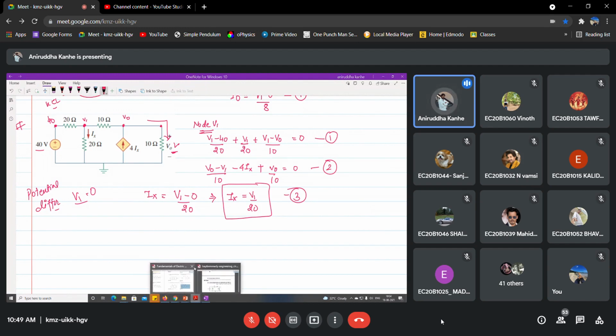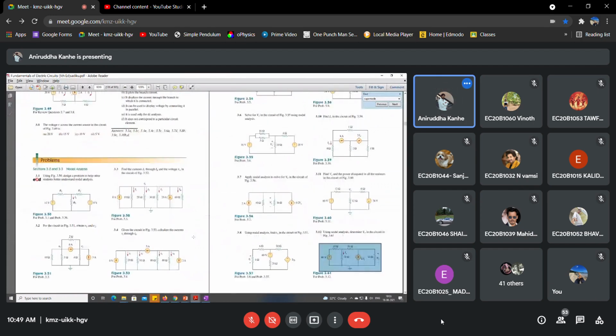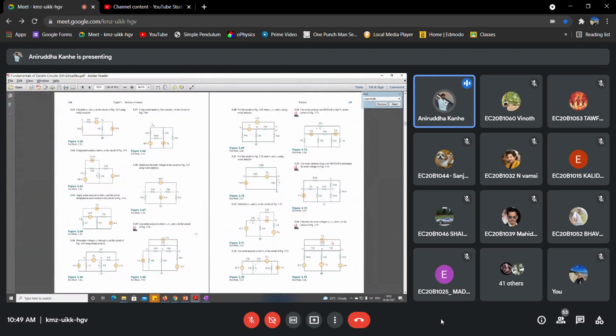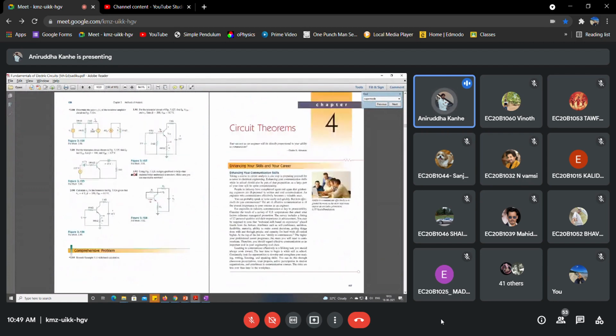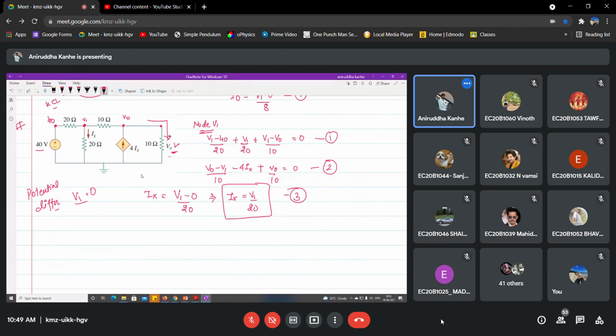In a similar way, in your textbook, so many examples are given. Go through them, and leave the supernode problems if you're not able to comprehend them. In the next class, I hope you can see this. There are ample problems given in the book, somewhere around 90. Leave the last 4 problems because they need the transistor concept. But the rest you can solve. You can attempt all the questions out of it. Is it fine?